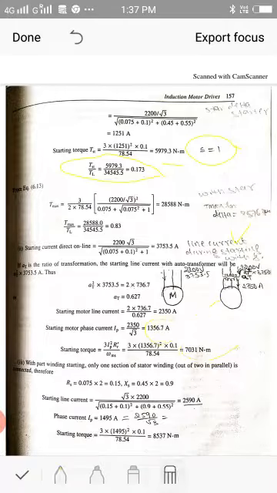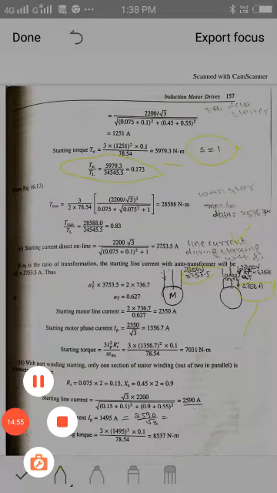You can see the difference here. If it is directly started, I would have got 3753.5 amperes of line current. Okay, so here it is being connected here, using auto transformer, and you are seeing that the motor's line current is reduced to 2350 amperes. Okay, so there is a reduction in the line current of the motor. So auto transformer method is also able to start the motor smoothly without a high starting current.